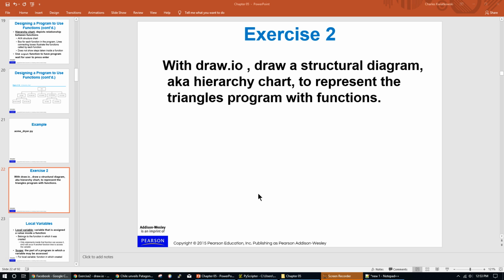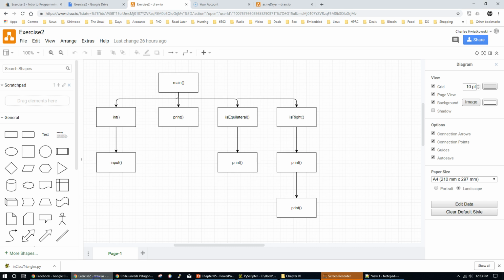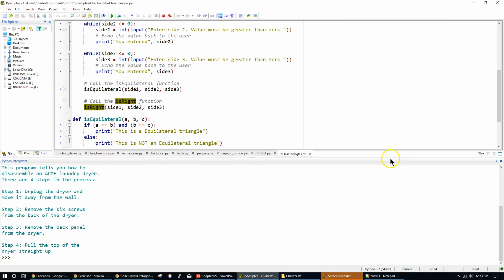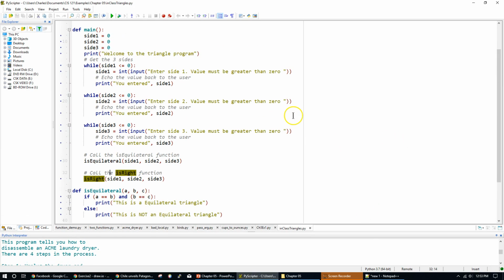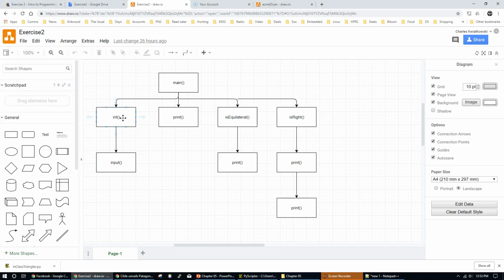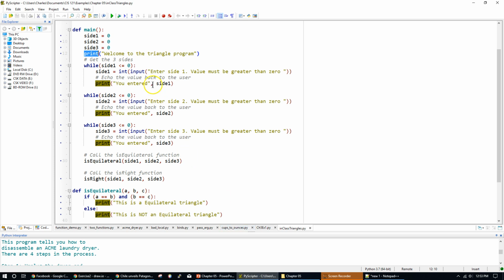Okay, did you get it? Gosh, I hope so. Here's how I solved that one. And here's my solution. Okay, done in draw.io. Remember that in the triangles program, and let me just move this out of the way here, our first call is the main, and then main calls print. So, oh, and I guess I don't really have my call to print, but I could. Okay, main calls print, and then it calls the input function, right, to get a value,